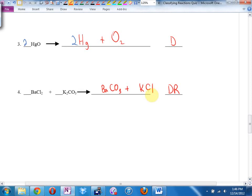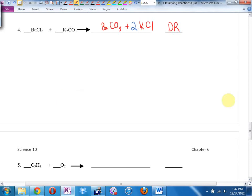Whew. Now let's balance. I got 2 chlorines. I'm going to need 2 of those. That gives me 2 of those, which, oh, is it just put a 2 in front there? We're good? There you go. So each of those is out of 3. So this page is out of...